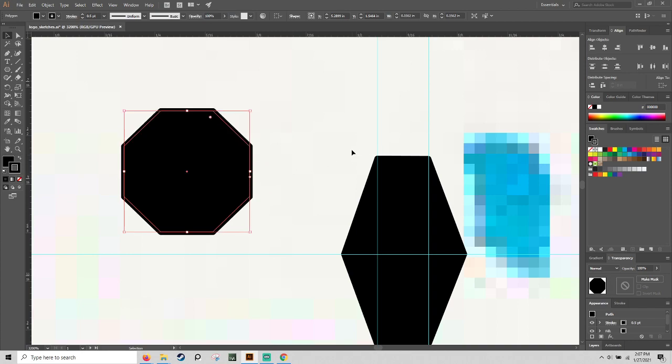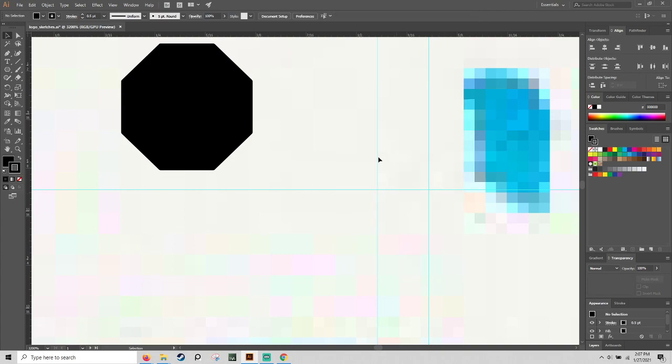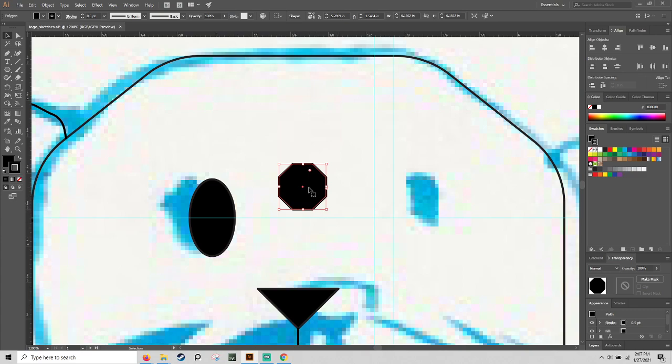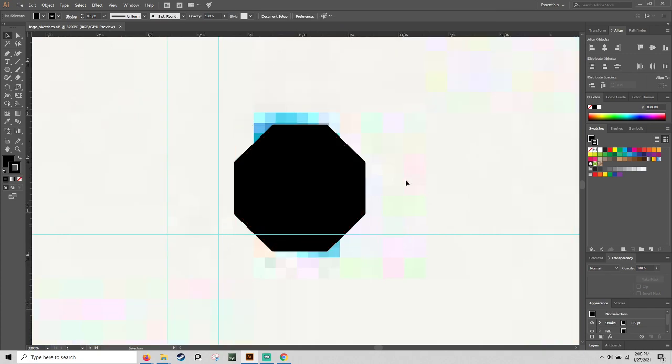Alright, so that's how you do polygons, apparently. A lot easier than what I was doing. Alright. So, I have this selected. Gonna do